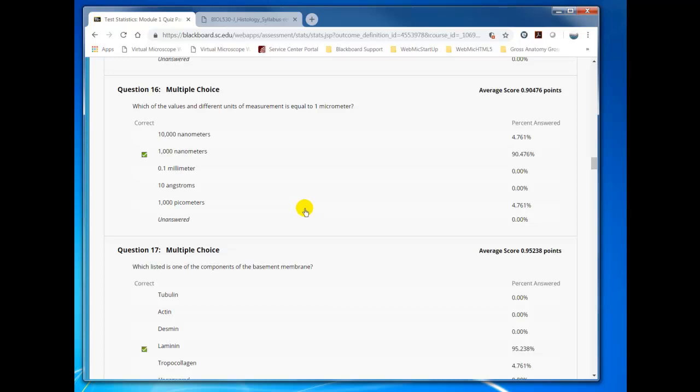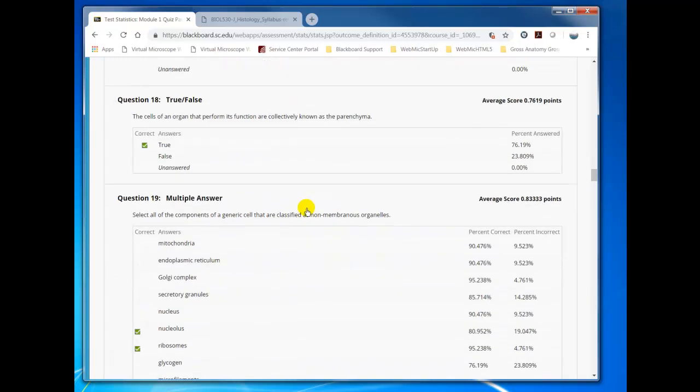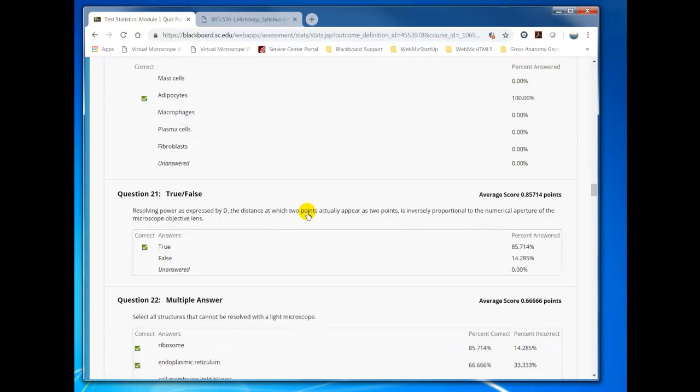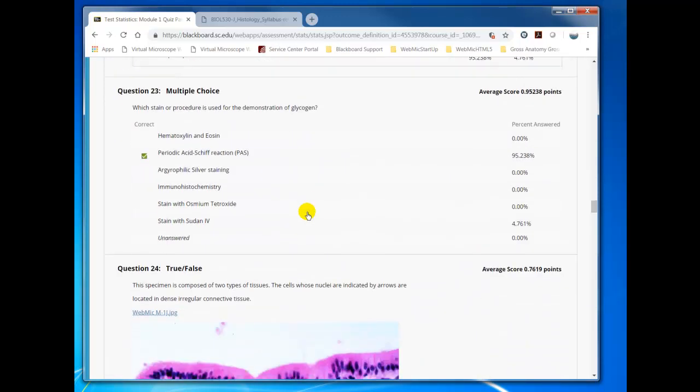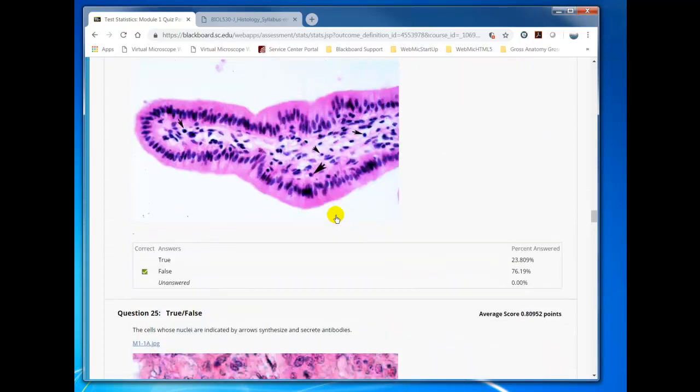size relationship, like what was equal to 1 micrometer. Well, it's 1,000 nanometers. But 1/10 of a millimeter is 100 microns. This would have to go over a couple decimal points to be 1 micron. A lot of people did pretty well on that one, so I want to get to some of the images because I think that would be helpful. Again, if you spot something as I'm going down through here and you would like to post about that, please do. Okay, so